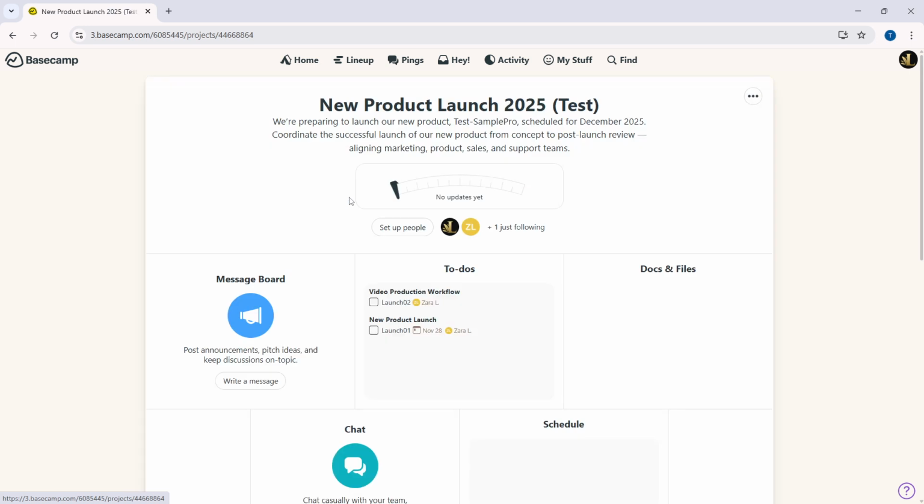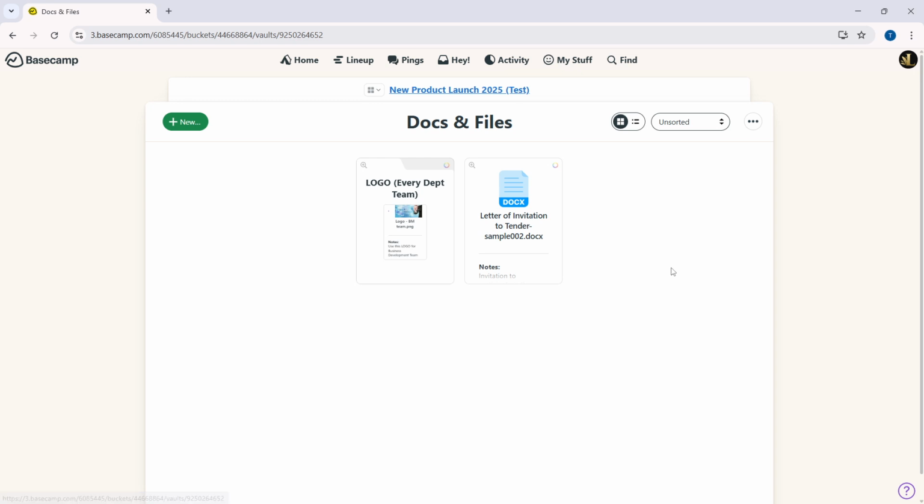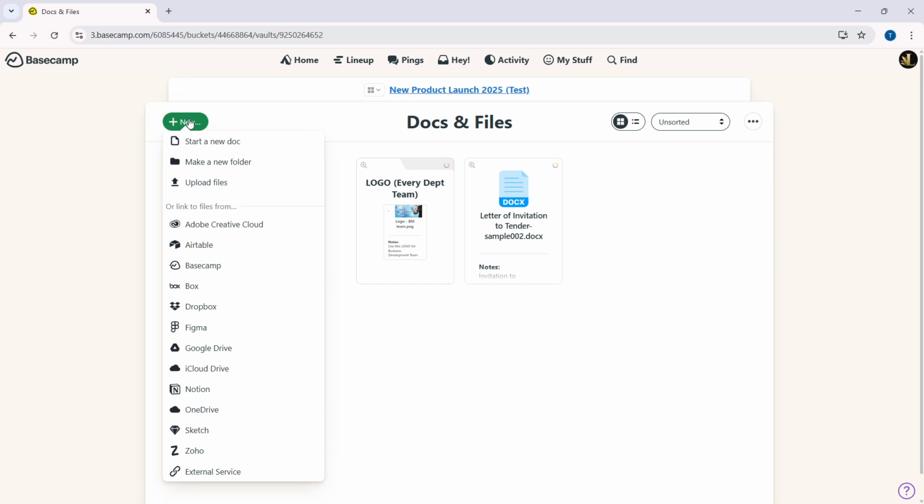manage. First things first, you'll want to go to the project you're currently working on. Once you're there, look for the Docs and Files tool. This tool is typically your go-to destination for storing anything you need for your project, from documents and images to important links. What we'll do next is create a specific space within that tool, almost like creating a dedicated shelf